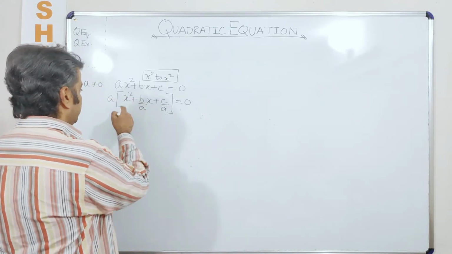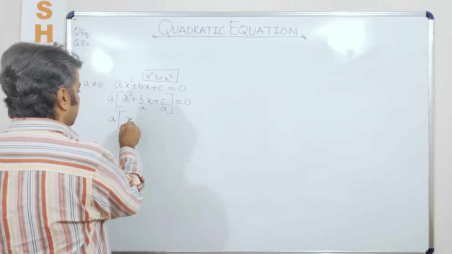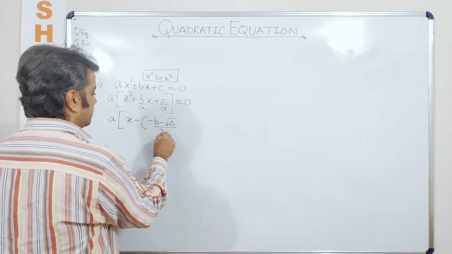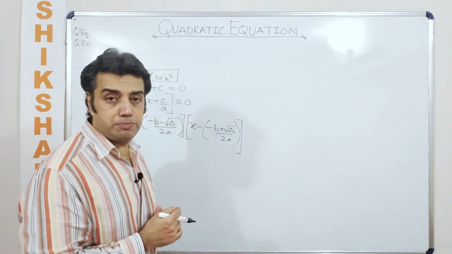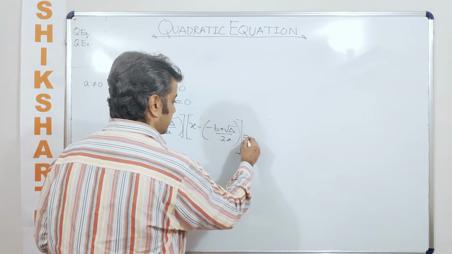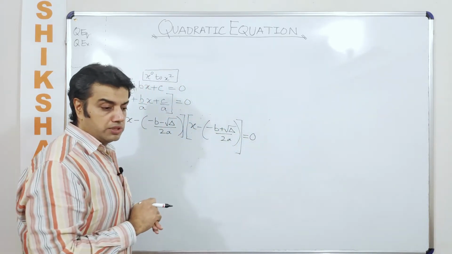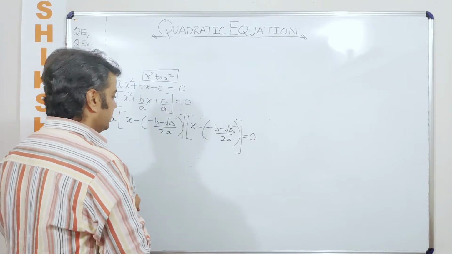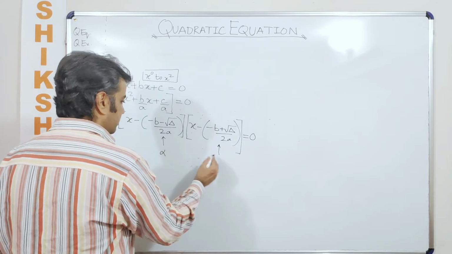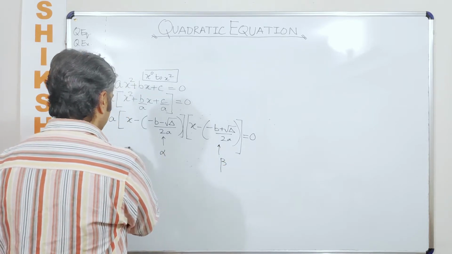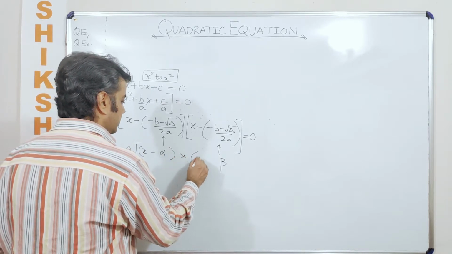Right? So anyway, we had derived something like, we can write this as a times of x minus... so this we had derived in the expression form. Now I'm writing it in the equation format. So the moment the expression is equated to zero, then we talk about the zeros of this quadratic equation, and these are the zeros. So these are the zeros means, let us say this value is alpha and this value is beta. So I can write down the same expression as a times of x minus alpha into x minus beta